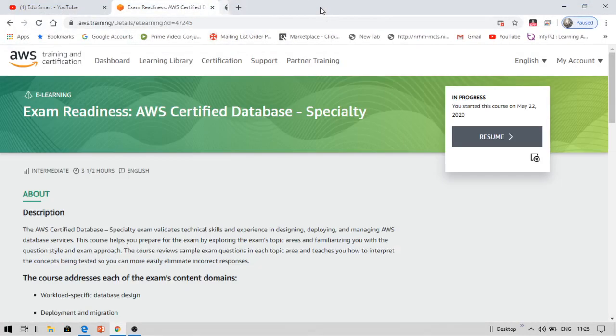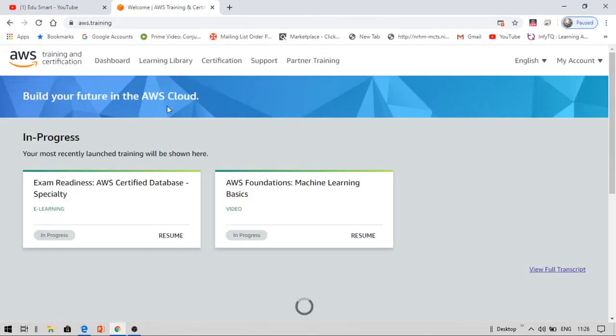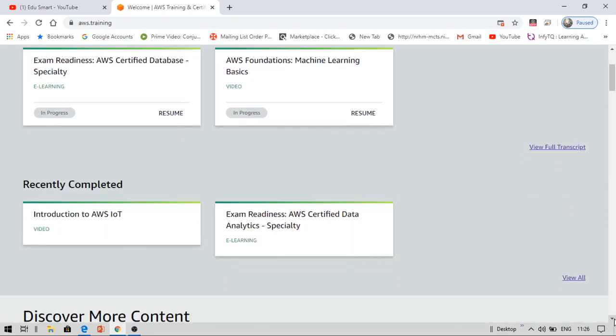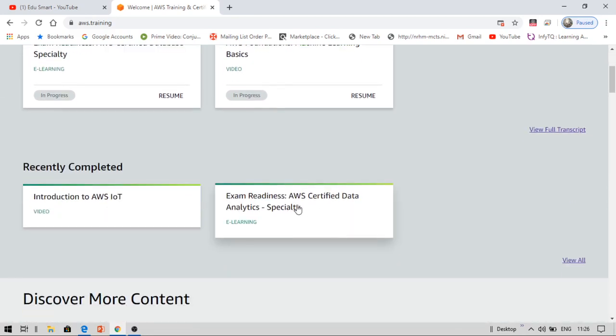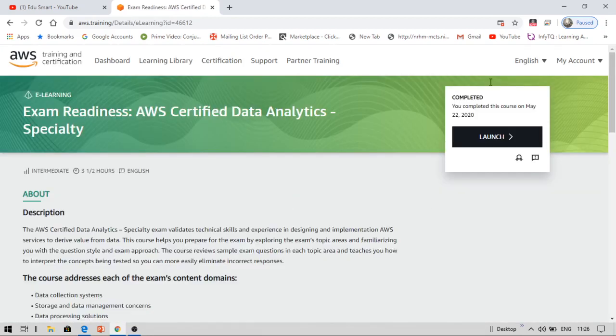Under your dashboard section, you can see this. Once you download this, see this: AWS Certified Data Analytics Specialty. This has been completed. You completed this course on May 22nd.